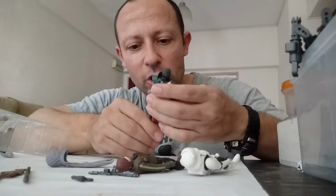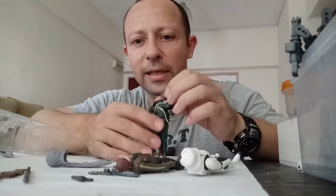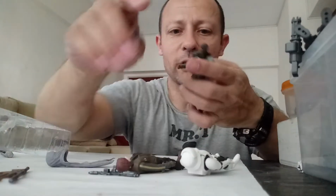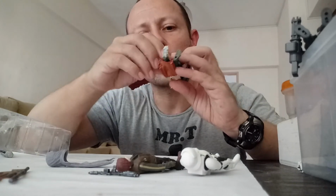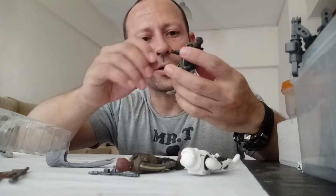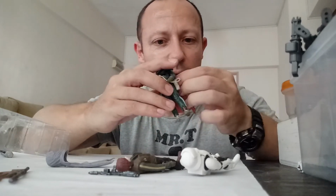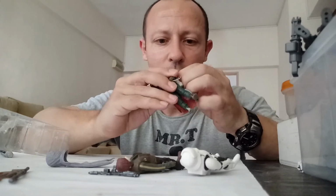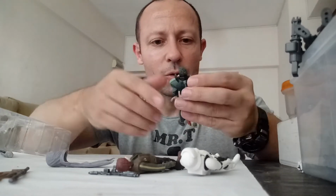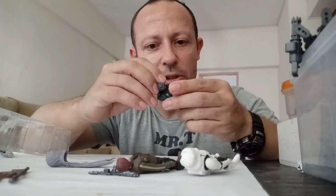This is a pretty nice sculpt, to be fair. Arms are bent as standard, so he's good for holding his gun. He has a holster on his belt too, which will hold that like so. Pretty nice. His cloak is fixed, I believe. Does it come off? It looks to be glued. Yeah, it's glued on. His tubes are quite nice. His mouthpiece is,